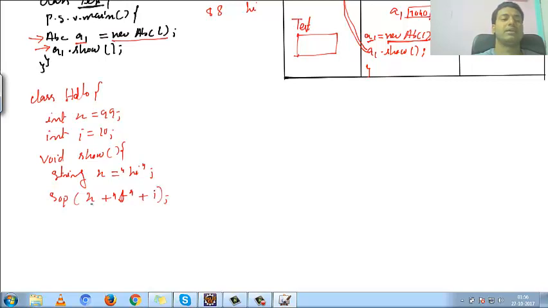plus i, then when the JVM executes this SOP statement, first it will search whether x is available locally or not. Locally x is available, so it will take hi, and i locally is not available, so it will take it from the instance, and this value will be 10. So in this case what I have to do is I can write this dot x plus one tab space